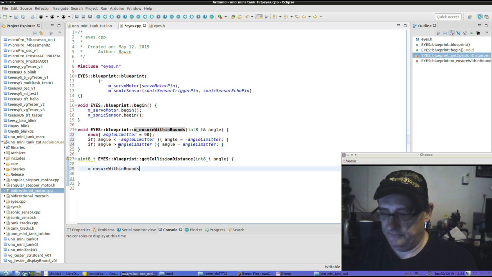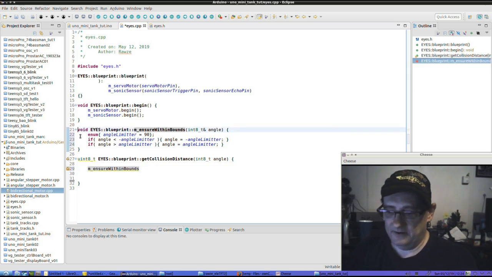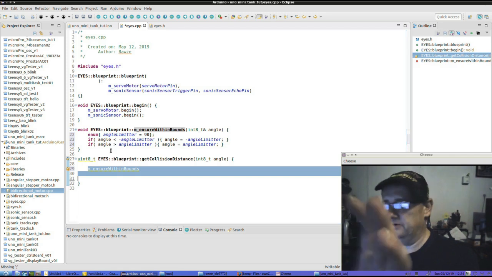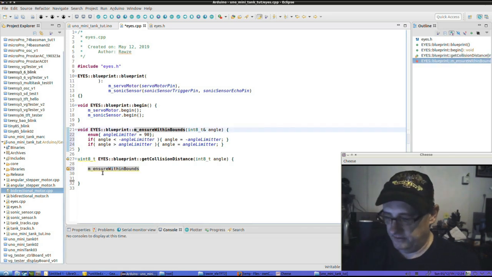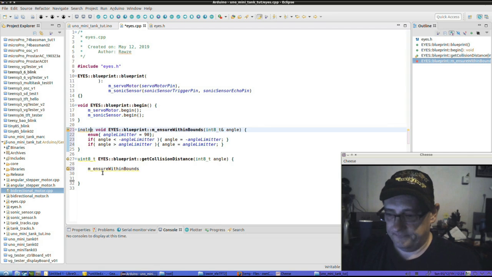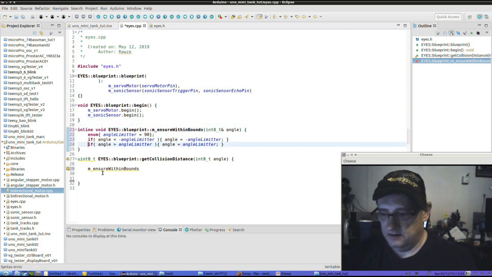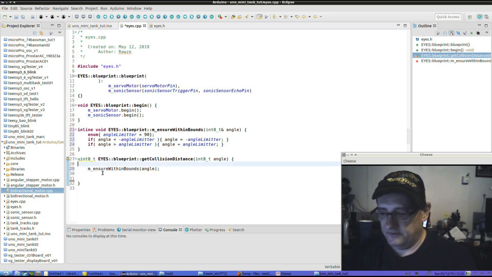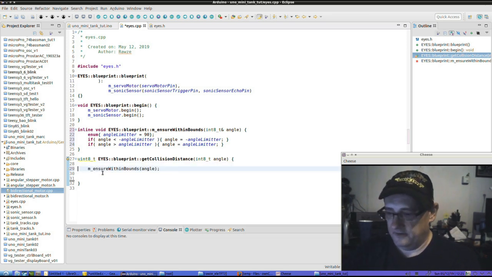And then of course ensure within bounds, and of course we want to inline that because we don't actually do the logic here. We don't want it to jump off up over here and say what you're doing and all this garbage. We want it inline. So inline. So there you go. Ensure within bounds angle. Now when it passes this line of code, it's going to say, hey, because we sent